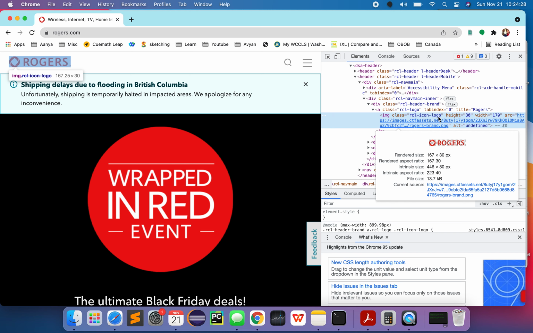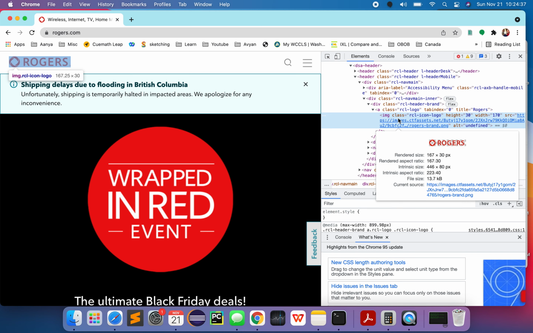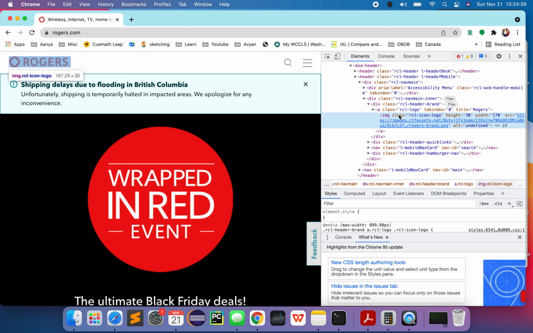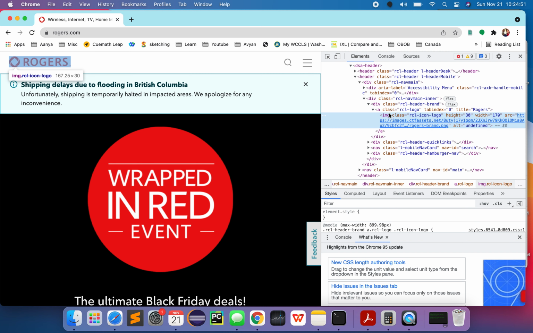And then all these things like class, height, width, source, these are the properties of it. These are more information about it. Like for a girl, her age, her name, her address, her phone number. For an image, its class, its height, its width, and so on. So this is how we identify the name. Now we know that this is a kind of image.